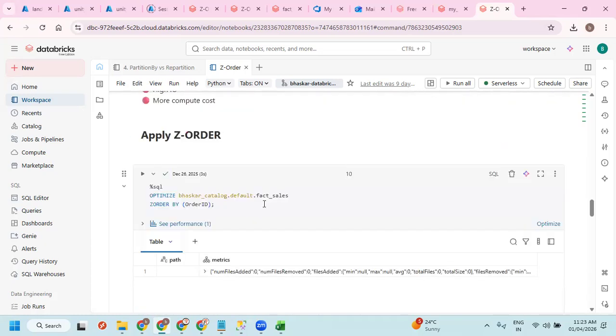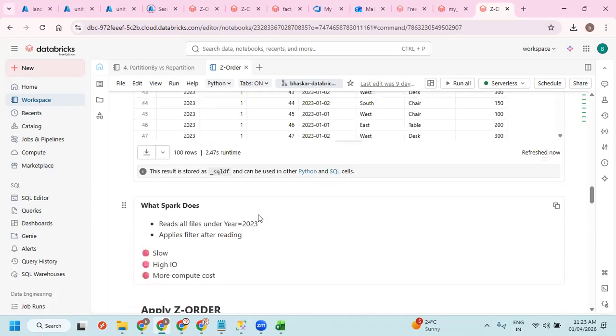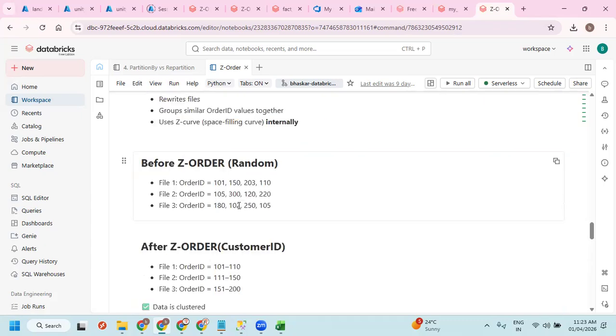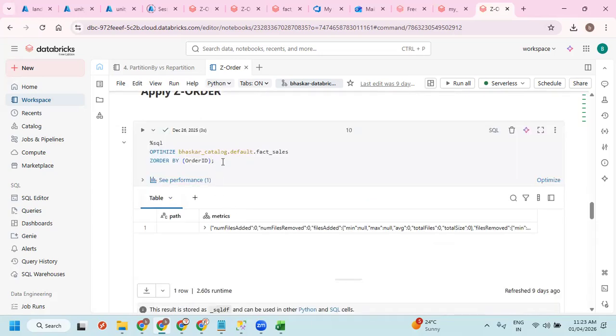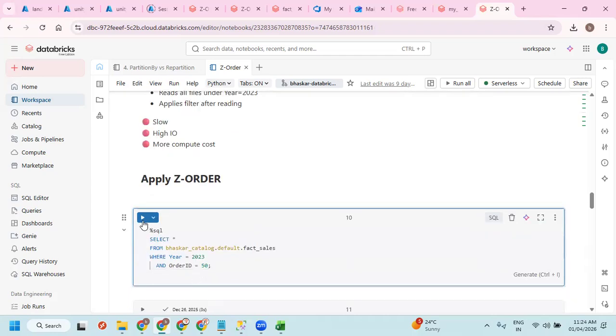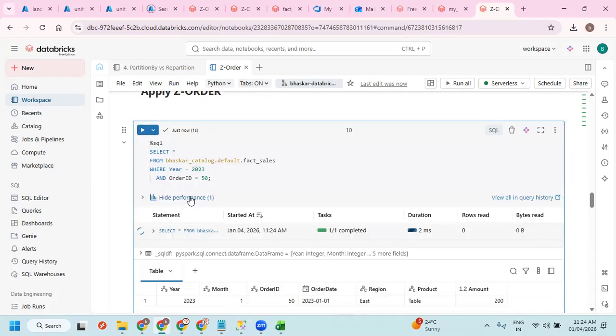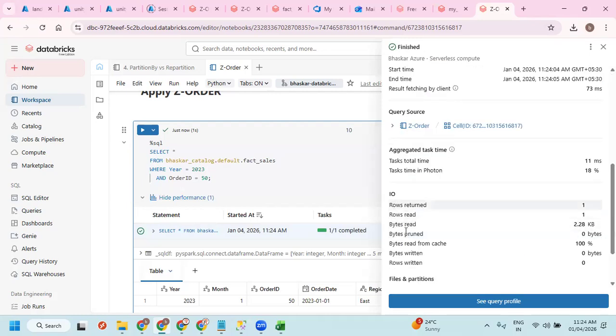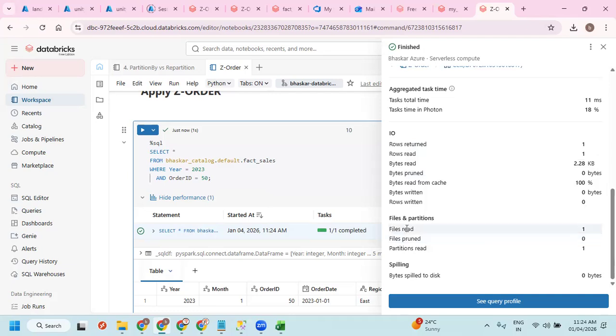Now let me take this query and run it. Files read is 1, and since inside the year you have one partition, that is fine.